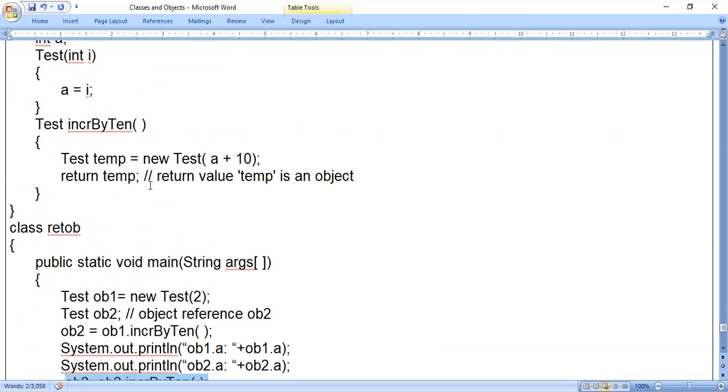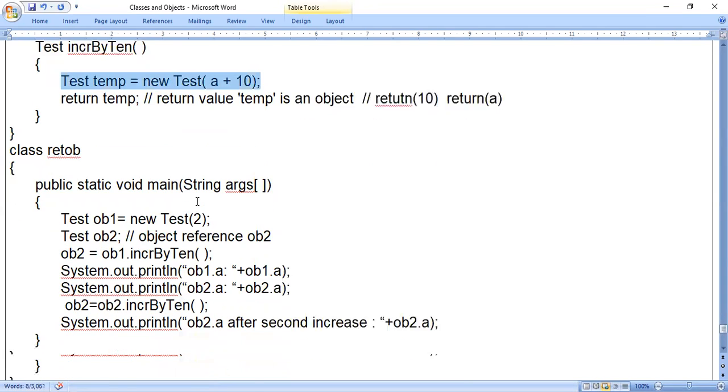In case of a return statement, if I'm returning integer values, I can write return 10, a direct value, or return of a variable A, where it contains an integer value, floating point value, like that. So you can return any basic type values, or you can return an object like this. How can we say temp is an object? Before that line only it is present: Test temp equal to new Test. We have used the new keyword, so temp is an object.